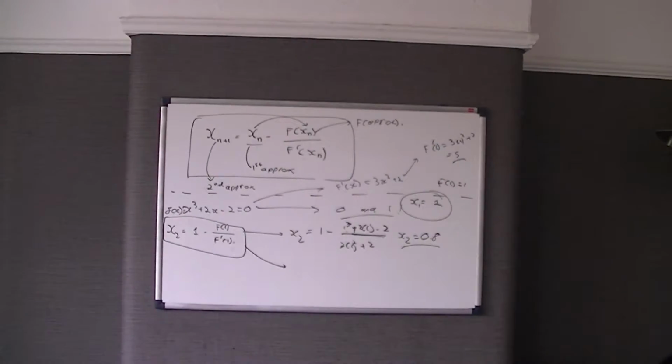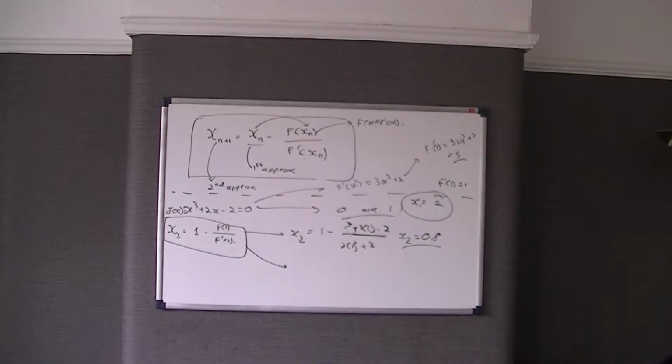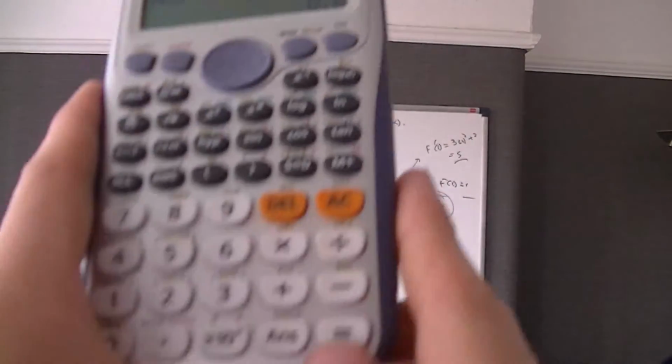Now obviously for any of this you have to work out f dash of x and f of x, so you can sub them all in. Okay, and then you just hit answer. Now as said, I proved you get 0.8, but that's what we worked it out to be when we did the bisection method. But if we want it to do a bit more accurately, we keep hitting the equals button,